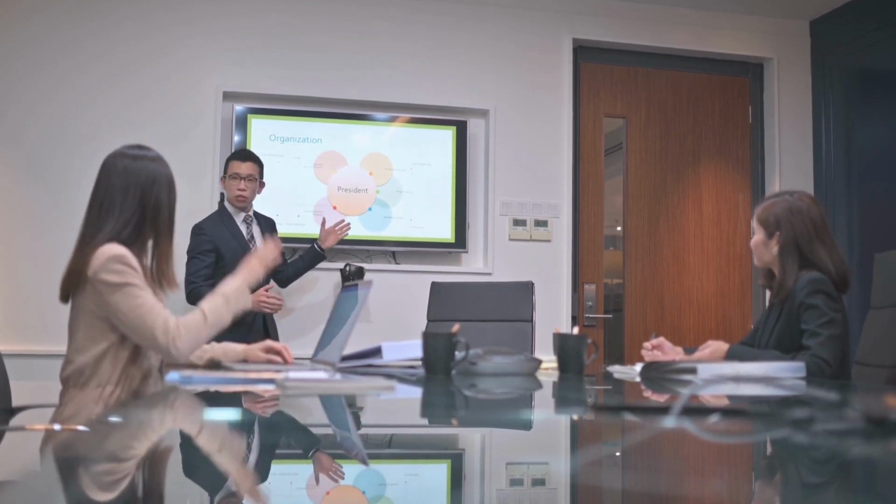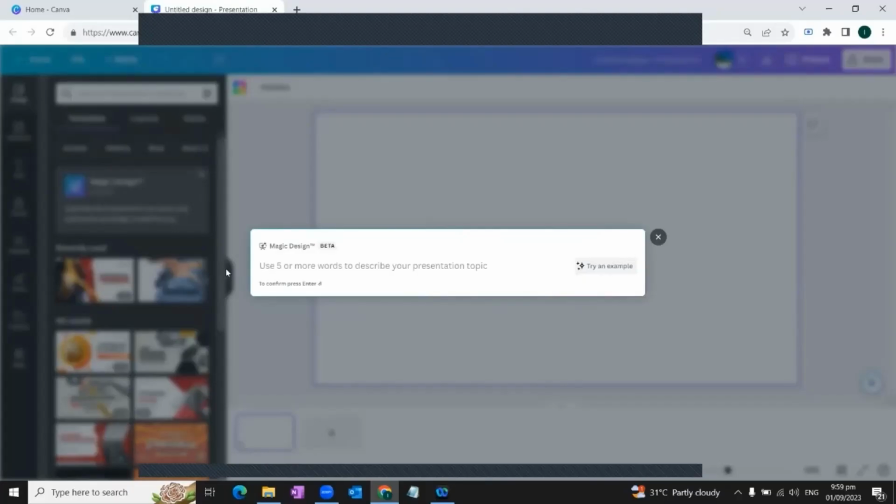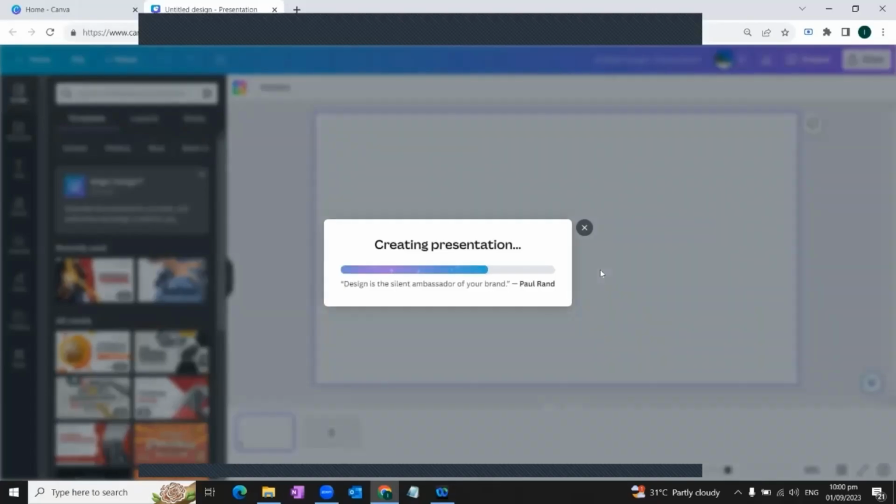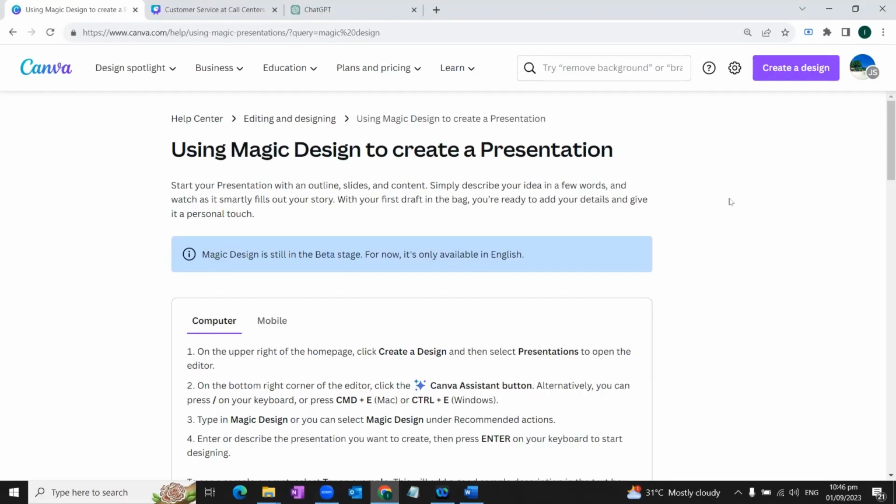In this video, I'm going to tell you how you can create a stunning presentation by just writing a short command in Canva. I would also tell you how you can improve the content of your presentation through Canva's magic features. But before we move on, I would like to introduce you to this article on Canva's Magic Design feature